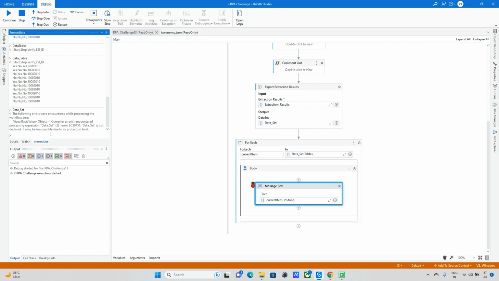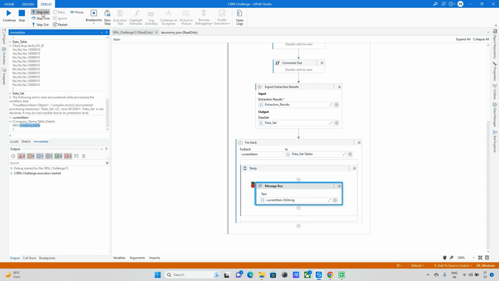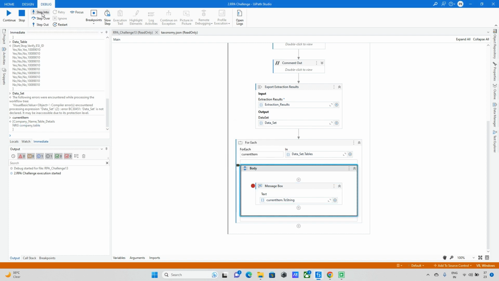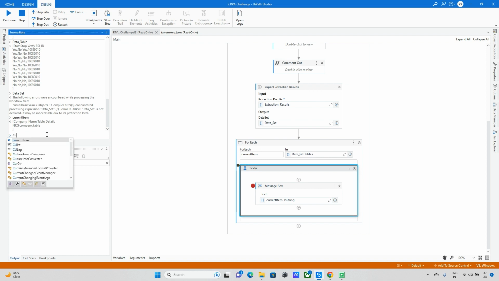Okay, first one, let me check what is the current item. So in this current item, we have company name, a data table, and energy, company name, data table. So all the data is available here. Let me check something different. Current item,